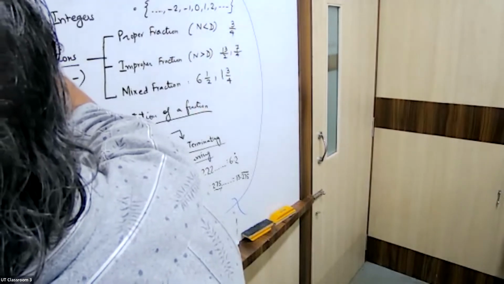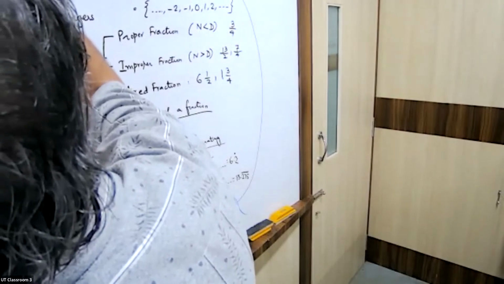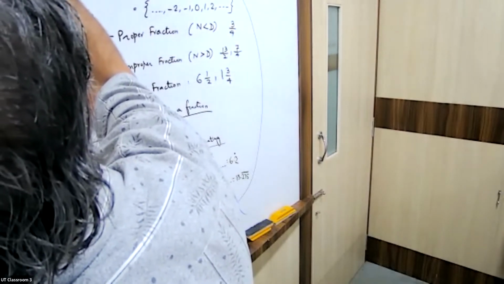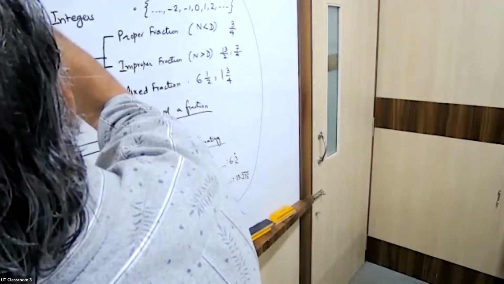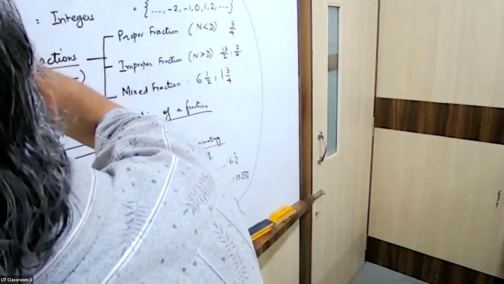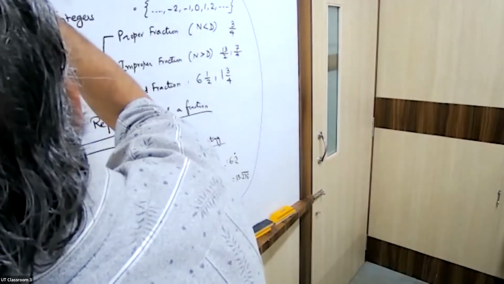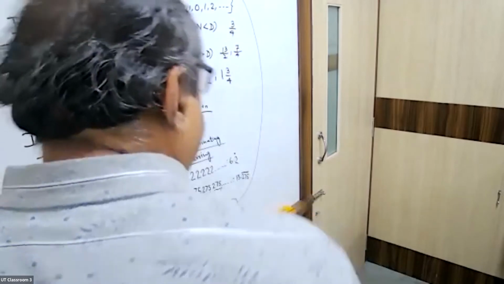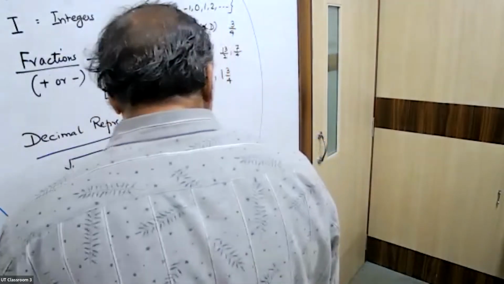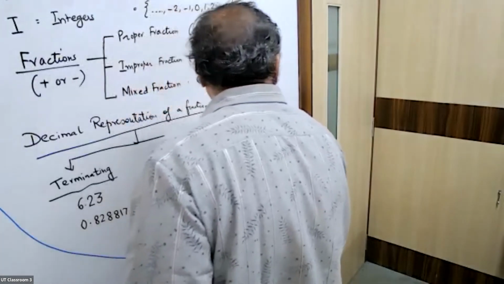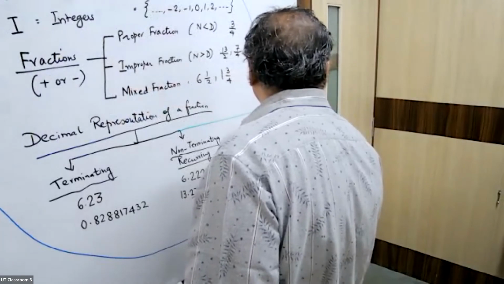All natural numbers, whole numbers, integers, all fractions, decimal terminating, and decimal non-terminating but recurring. Do you understand? And then we have this type, non-terminating,